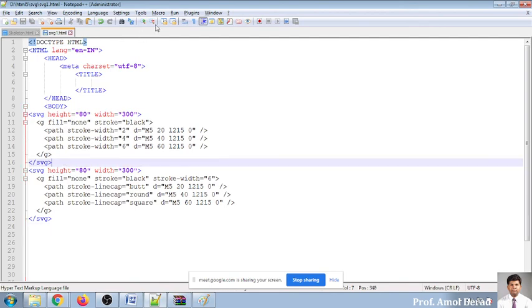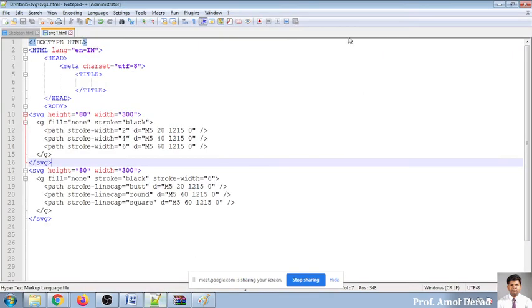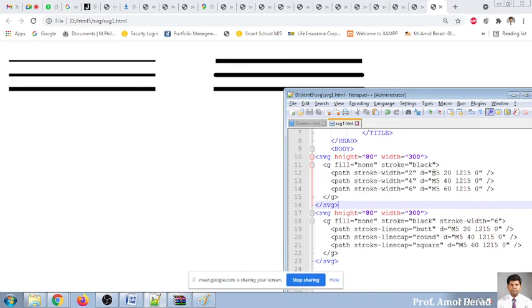So when I run this, lines will be drawn, and you see the lines will be in two different formats. Here, these are nothing but a path, and as and when I am changing these values of the diameters, that is, M5 is a type of line, 20, 1, 2, 1, 5, and 0. The four parameters I will share in detail later. But what is important is that you can change the size, that is 2, 4, and 6. The width of your path will be increased.